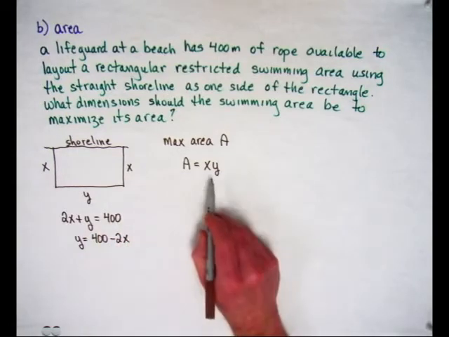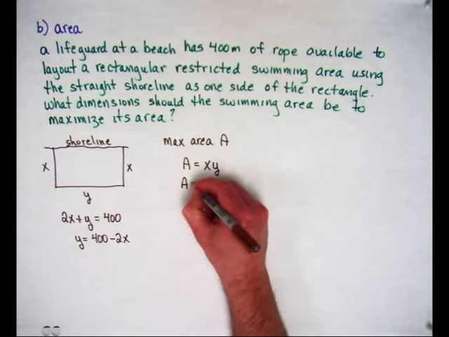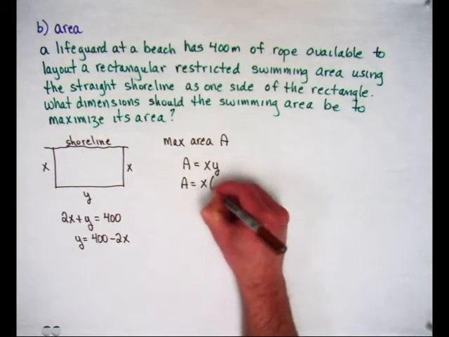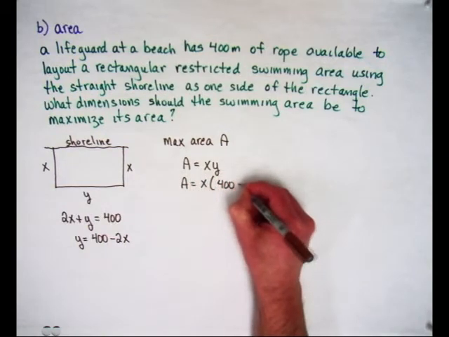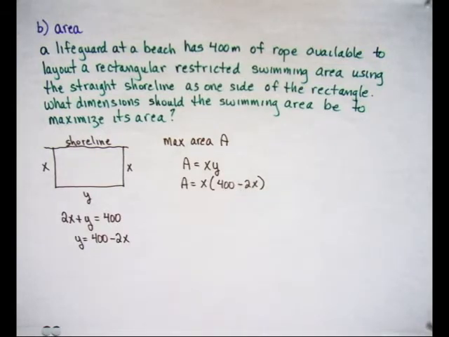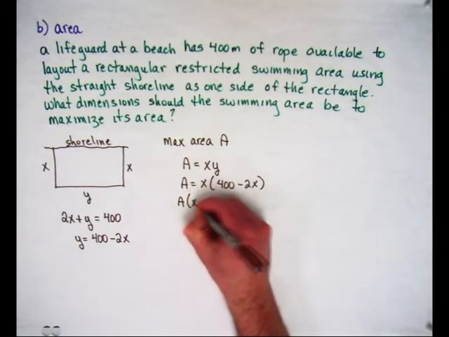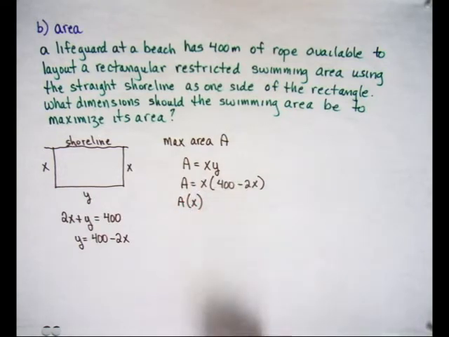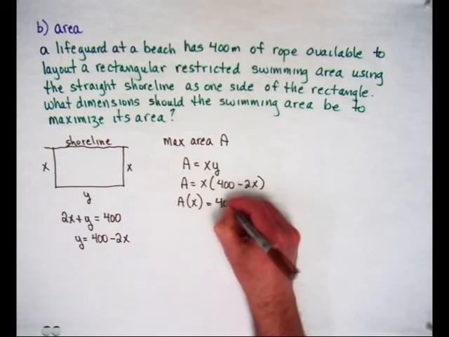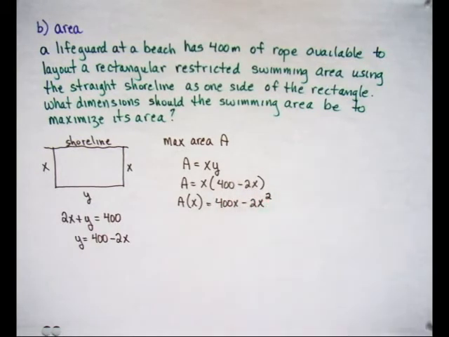And now we can replace the Y in our area function with its equivalent expression of X. So we can say that the area is equal to X times 400 minus 2X. And we now have a function of one variable. We have area as a function of X, which would equal 400X minus 2X squared. Our restrictions,